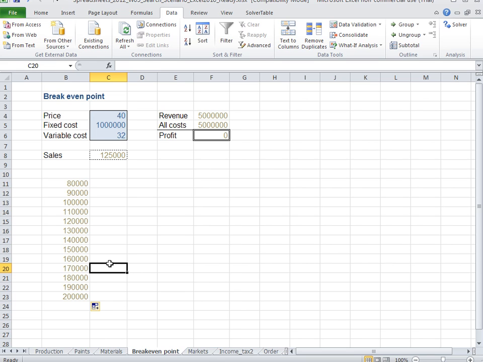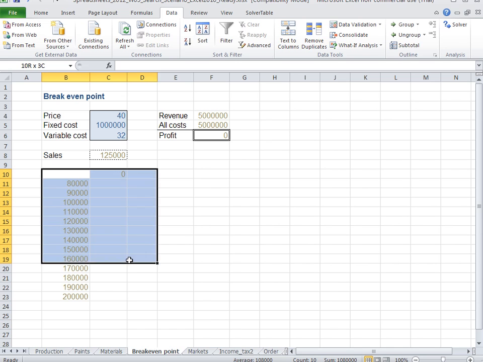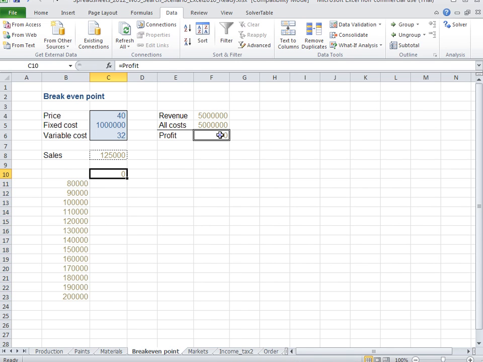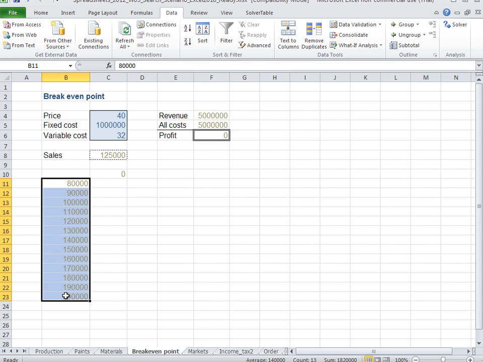And we're going to be using something called data table, but for that we will have to select this cell and write equals and take this profit cell. So this is going to be our data table. This is the profit that has been tied together, and now we have to tie this to a sales number, because sales number is what it is, where we will select the table like this